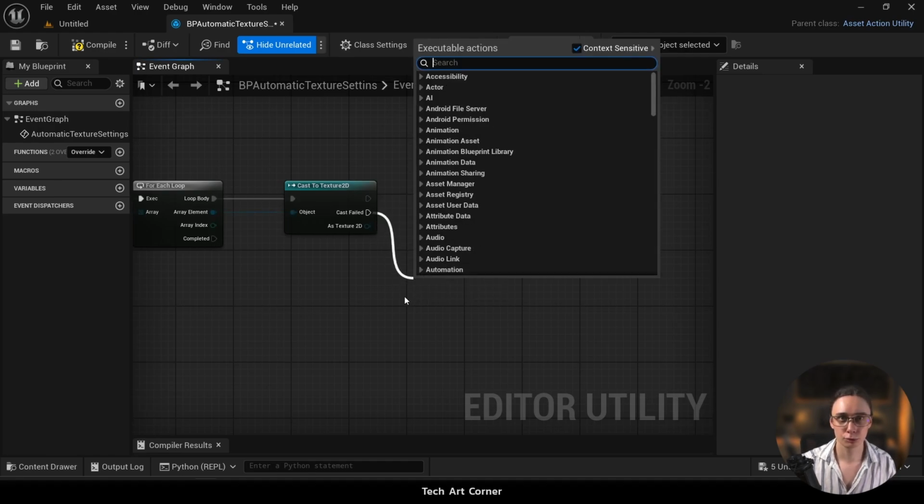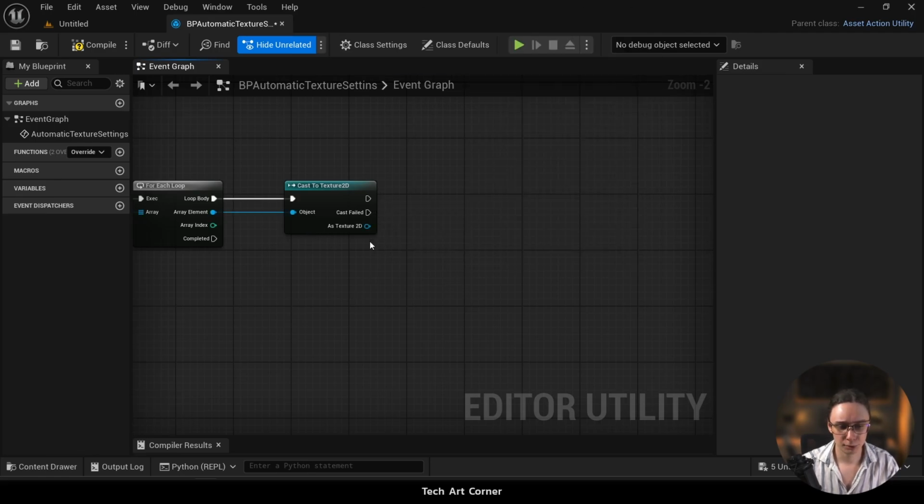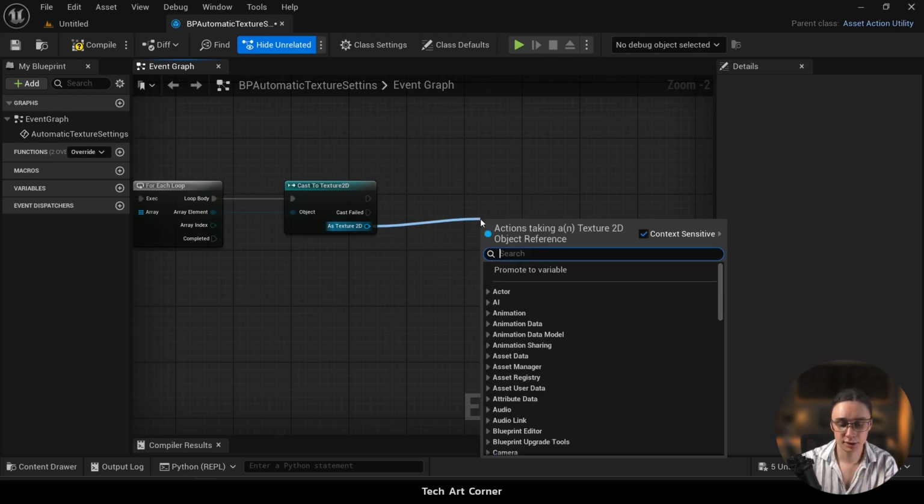So if you want to have different flow of your nodes in that case, then that's the way you do it. So now, as we have this texture, we want to get the suffix like _d. So we need to get our display name,